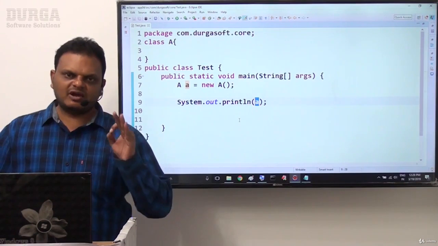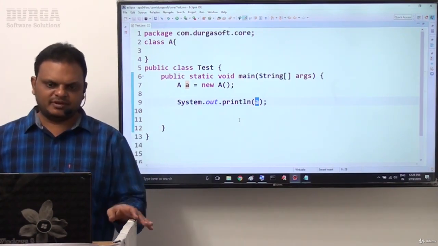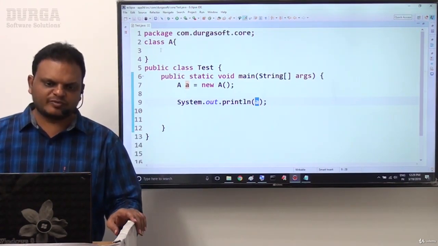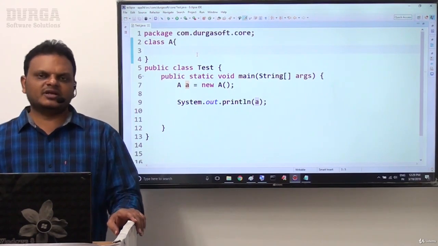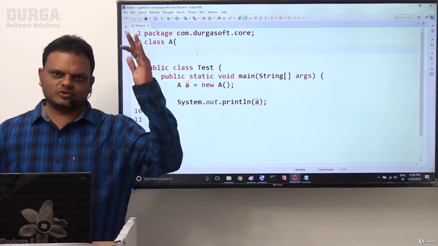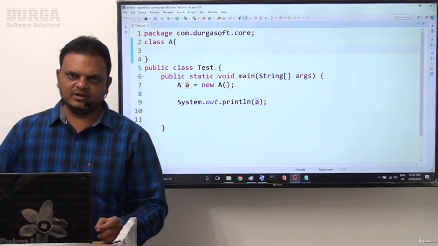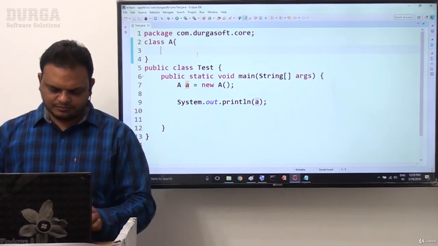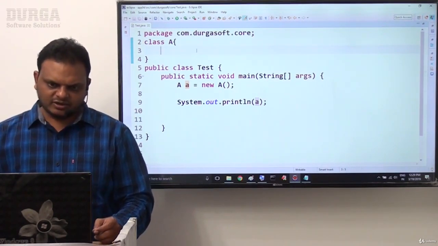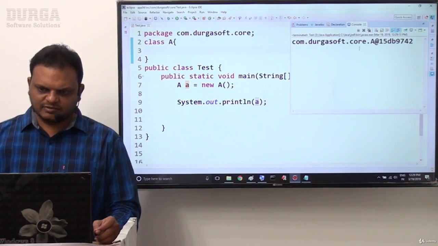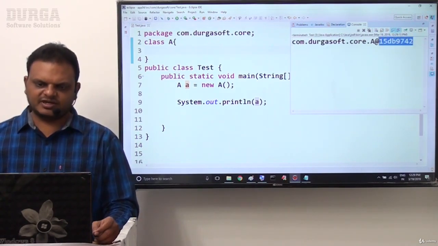In class A, we have to override the respective toString method. So if we provide our own toString method in class A, automatically we are not going to execute the Object class toString method. For example, now once again I am asking, try to understand this. If I run this example, the reference value of the object we are getting, that's fine.